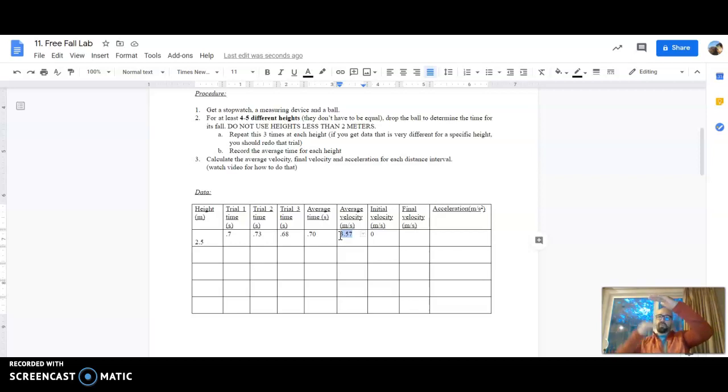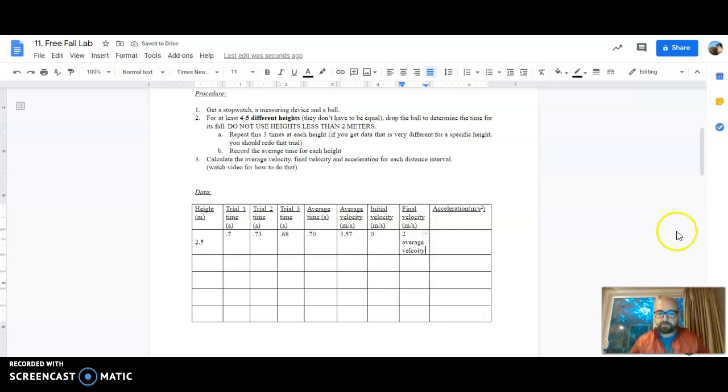Well, 0 and what number would give me an average of 5? If you can do that in your head right now, you're thinking, oh, 0 and 10 give me an average of 5. So for the final velocity, and this only works because our initial is 0, one way to think about it is 2 times the average